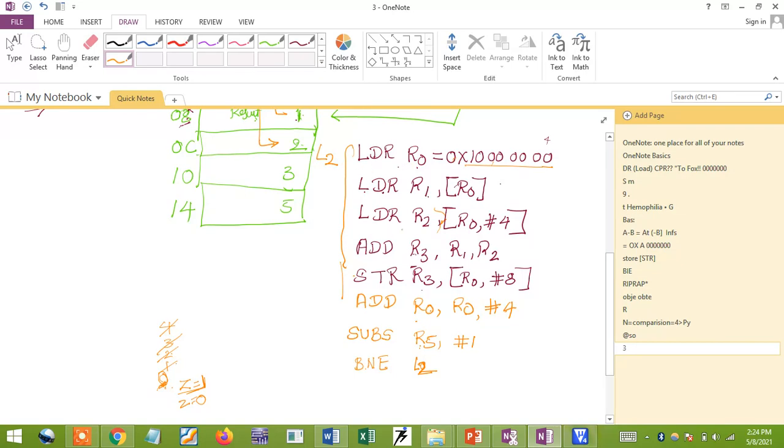okay, sorry, R0 is updated, right? Don't take loop 2 here, you need to take it here, because now R0 will be updated, and the address is 004. Now the R0 content will move, and again the process will be repeated. This process will be repeated continuously. Once R5 value is equal to 0, you need to stop the process and come out of the loop. So branch not equal repeats the process, and next is no operation, NOP, and it will come to an end.